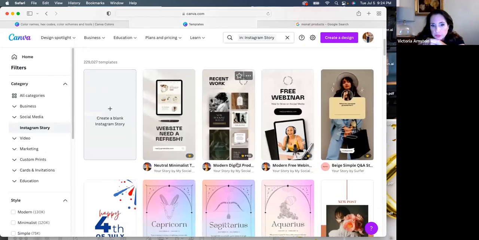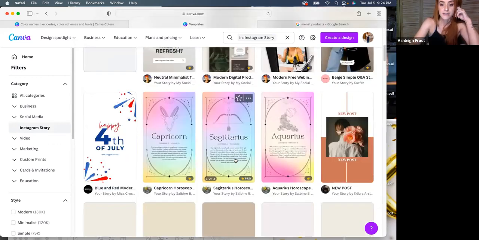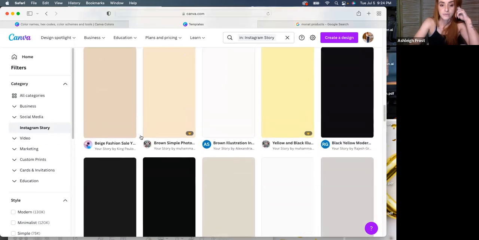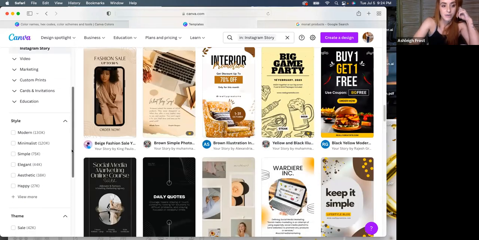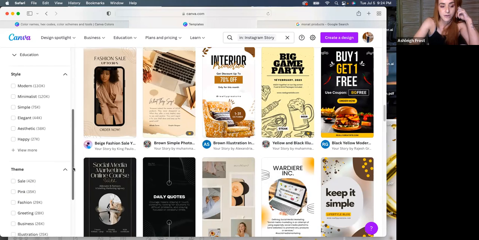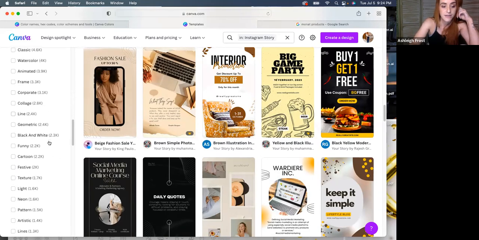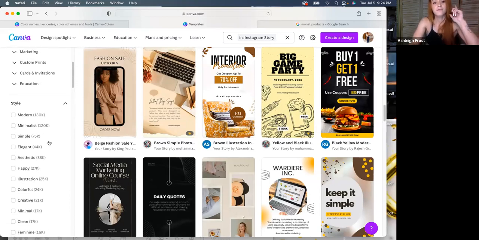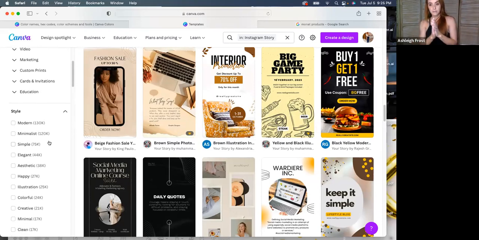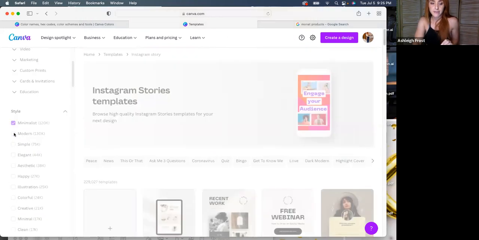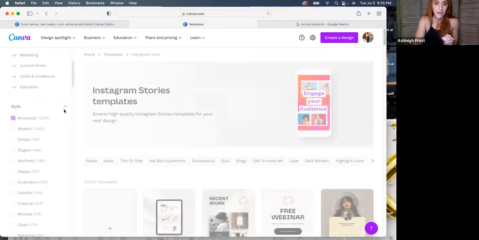And then you're going to scroll down and you're going to see there's hundreds and thousands of options. Now, what I want you to do is scroll down on the left as well, and you're going to see there's a ton of different ideas and themes and whatever you want. The first rule of thumb with design is you want to keep it simple and legible. And the second rule is to focus on contrast, right? Balance and contrast. So usually what I would do is go to minimalist, filter through minimalist, and then